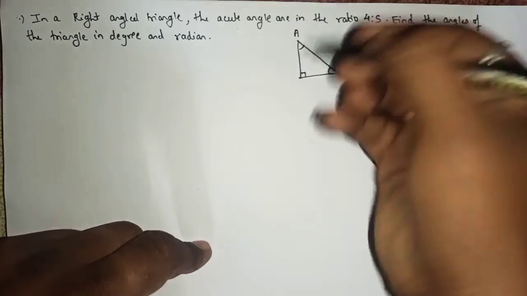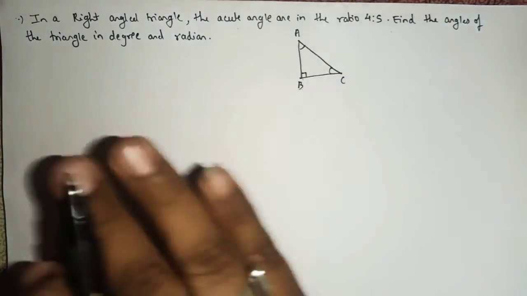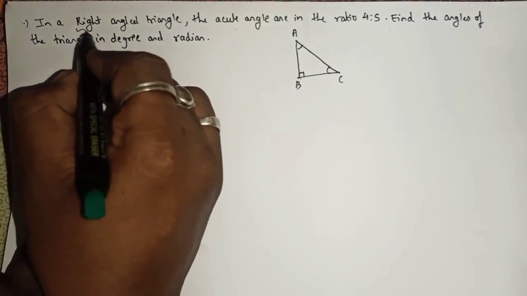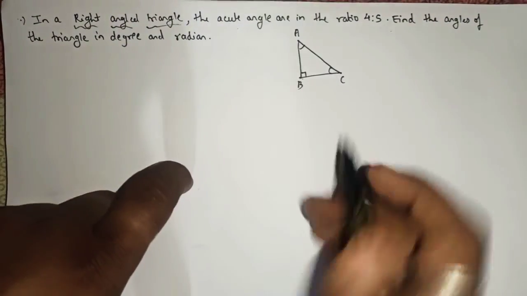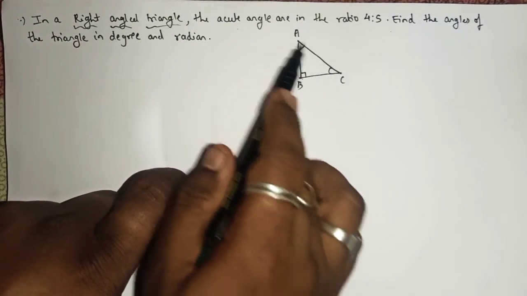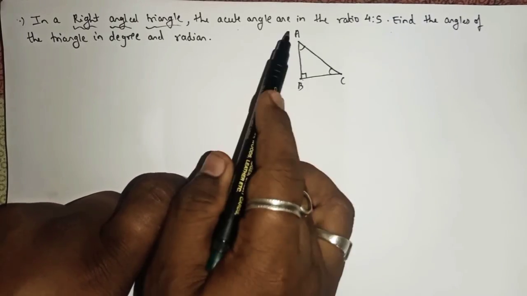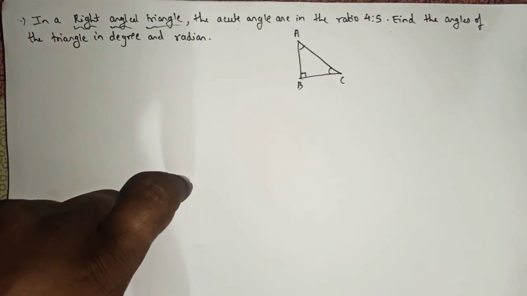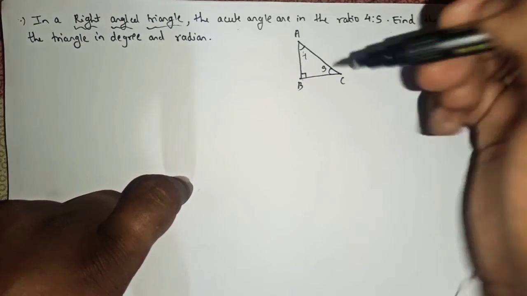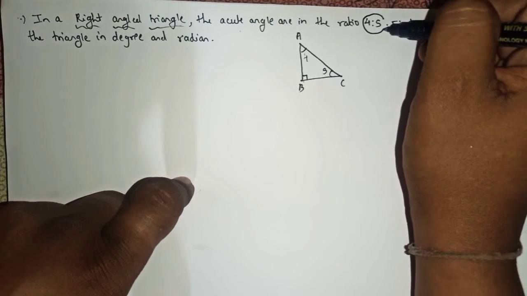So we'll consider this triangle as: let ABC be the triangle in which angle B is 90 degrees. Why is it 90 degrees? Because it is clearly mentioned that it is a right angled triangle. One angle will be fixed at 90, and the other two angles will be less than 90. That's why these two angles of a right angle triangle are known as acute angles, and these acute angles are in ratio, one is 4 and one is 5. Whenever an angle is in ratio, it is not the actual answer.